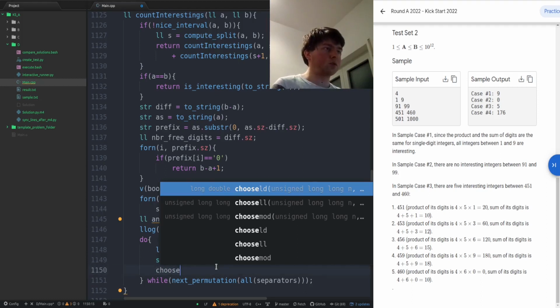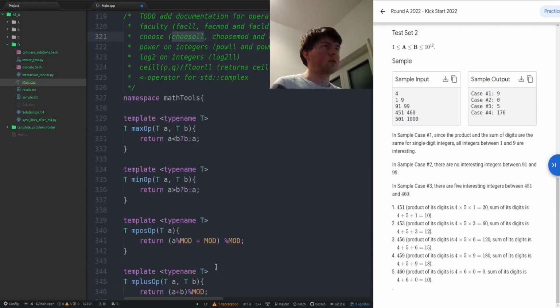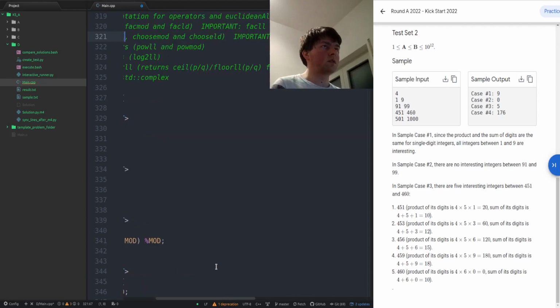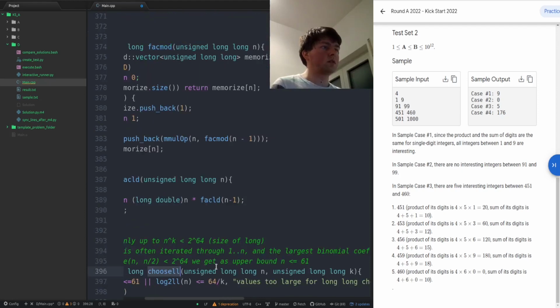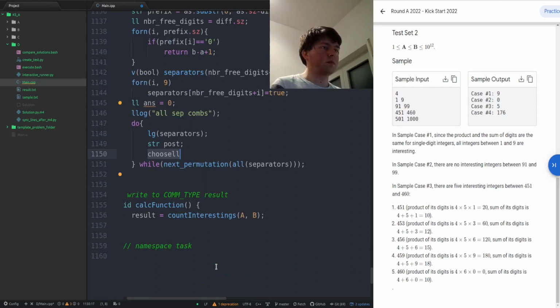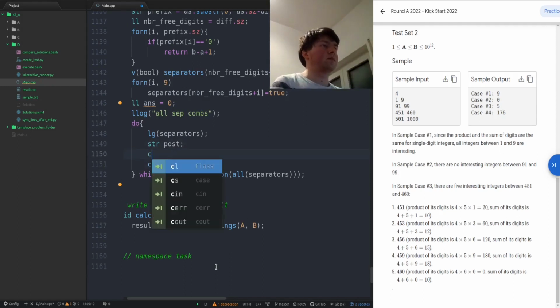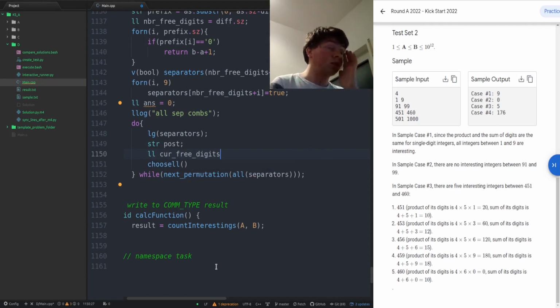I think I have a choose function which computes the number of combinations we have from taking A out of B. So yes. So we will now construct the post string,